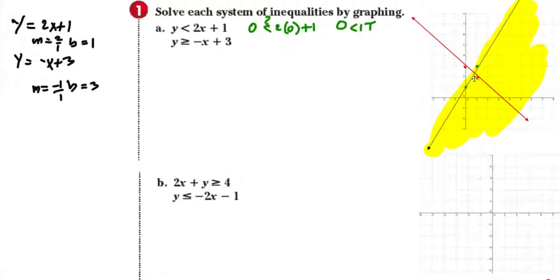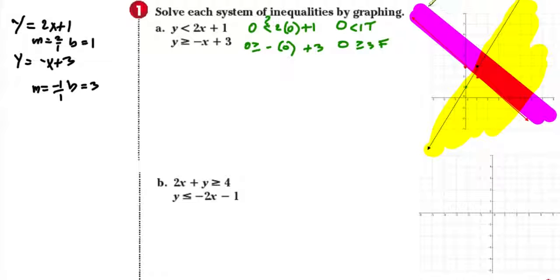Okay, so it's a solid line because it's greater than or equal to. The boundary has been formed by this equation, y equals negative x plus 3. We test the point 0, 0 again. Is 0 greater than or equal to negative 0 plus 3? We find out that 0 greater than or equal to 3 is a false statement. That means everything to the left of our half plane will make the inequality false. So we shade